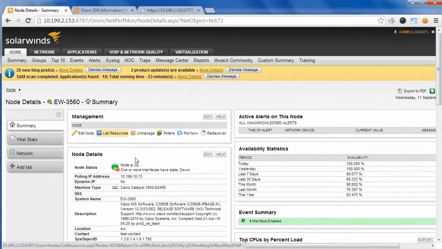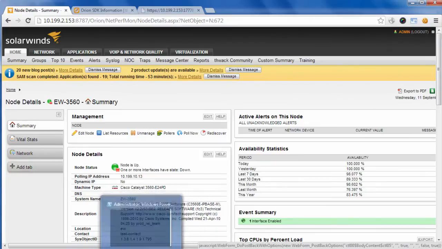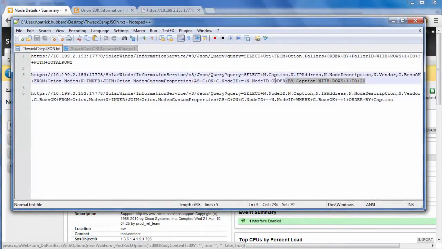Another way that you might do it: I think you might have noticed down here, I've got a number of nodes on this system. If I wanted to list all the nodes, that might actually take a really long time. So this one is just going to give me the first 20 nodes. So if we look at this query, I'm going to ask it for the caption, IP address, node description, the vendor, but I'm also asking it for this value here, a custom property called boss, and if you watched the last lab episode, you'll remember what that one's